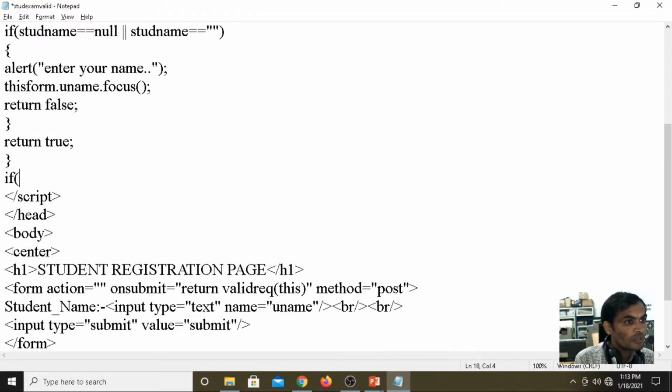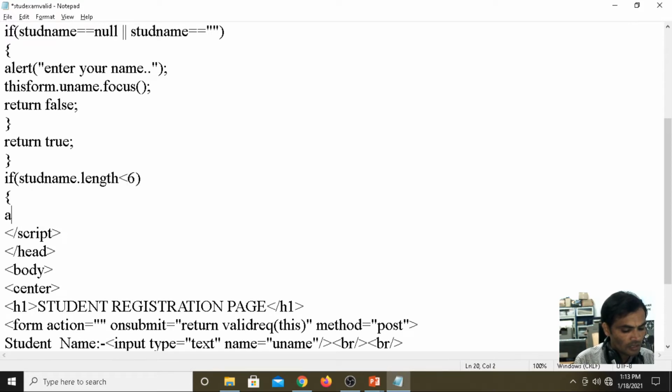Now see here. If studentName.length is less than 6, alert: Username must be at least 6 characters.